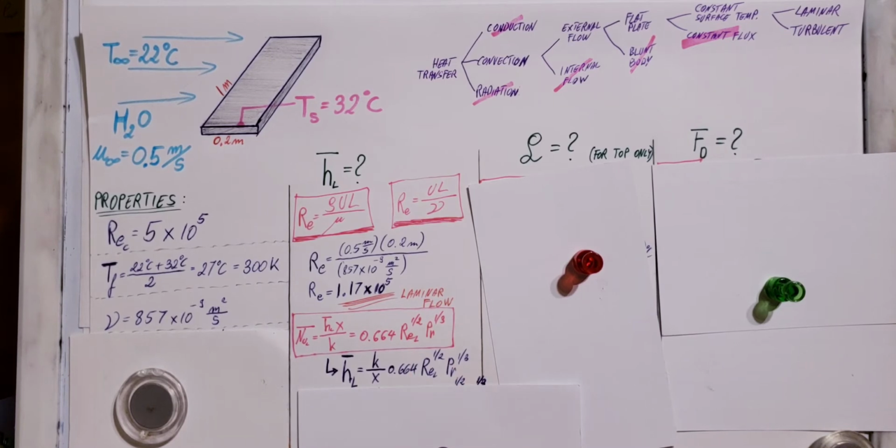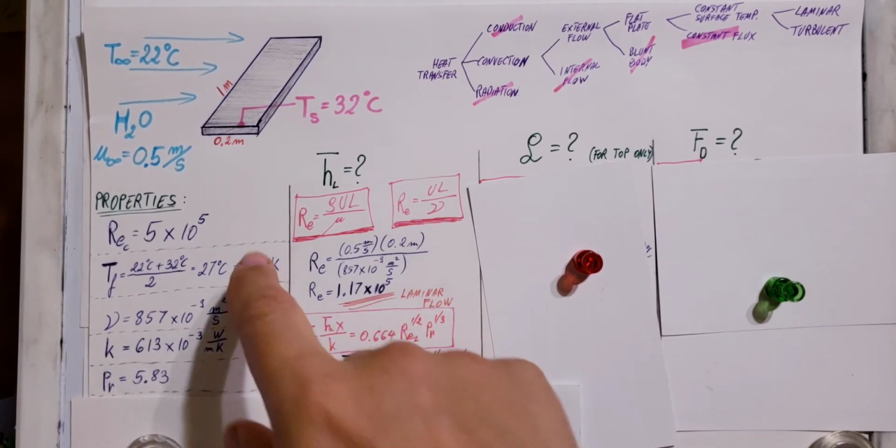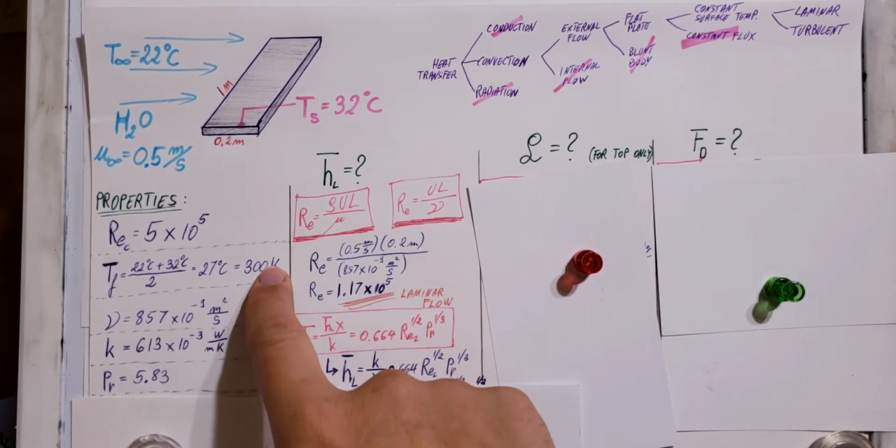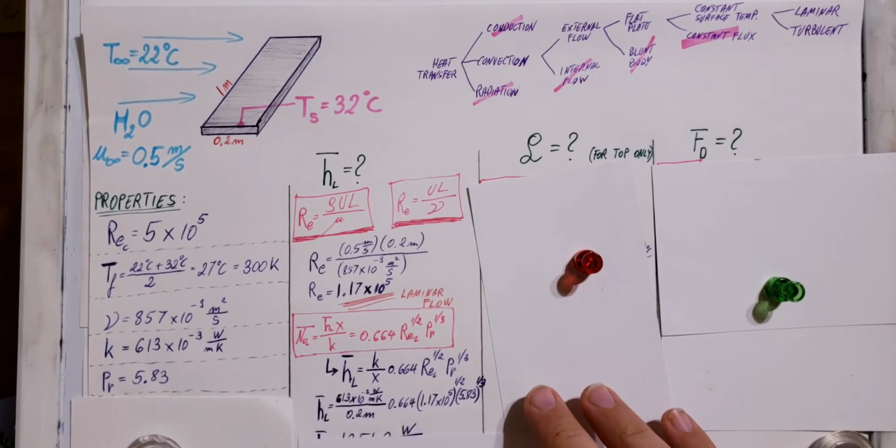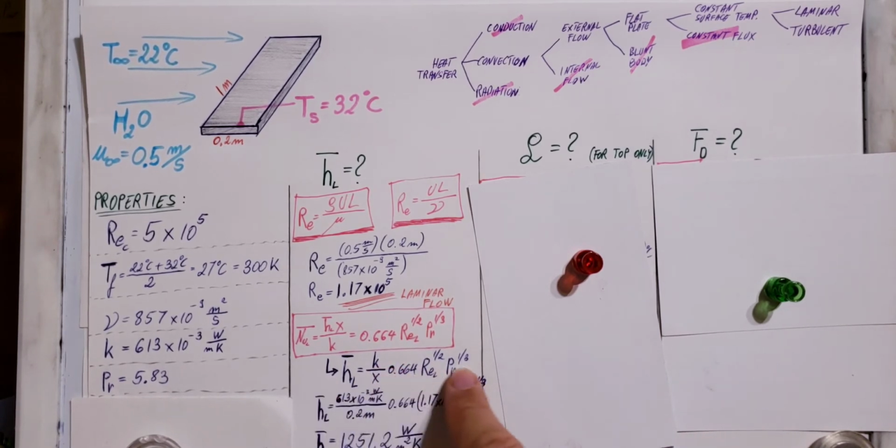There it is. Now let's see, do we have everything or not? Right off the bat, k we don't have, x we have, Re we have, and the Prandtl number we don't have. So we have two properties that we have to go to tables and look up. Again, at 300 degrees Kelvin, k and Prandtl number, we find them. Now we can plug them into our formula, and we find our average heat transfer coefficient right here,